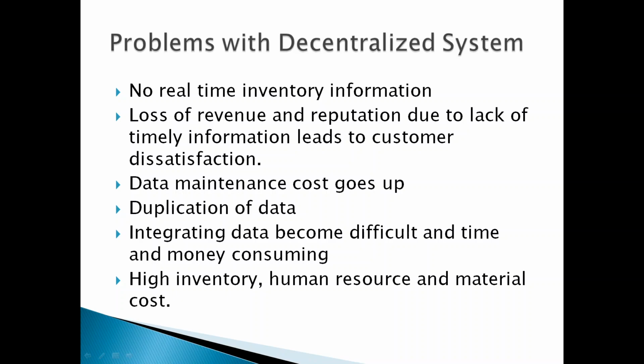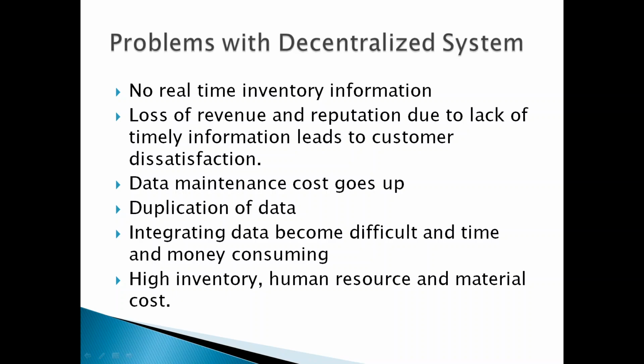The production planning team fails to update the finance department on the materials they have purchased. The financial department defaults on the payment deadlines set by the vendor, causing the company loss of its reputation and even inviting possible legal action. These are just a few of many problems with decentralized systems.